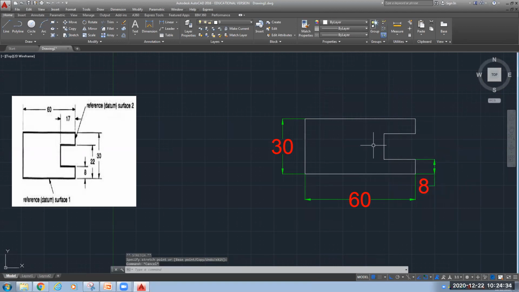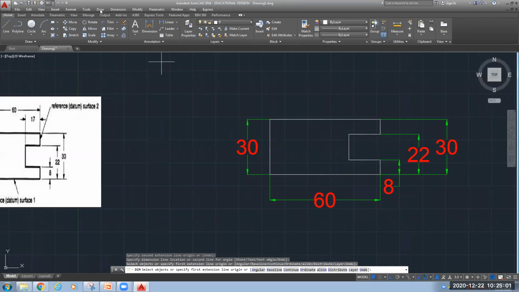Now we will give this height, or if you want to go in this direction only, that is given in your figure. So I want to give the dimension from this node or this corner up to this point. So this is my 22, and after this, the last vertical dimension at this location is my 30.